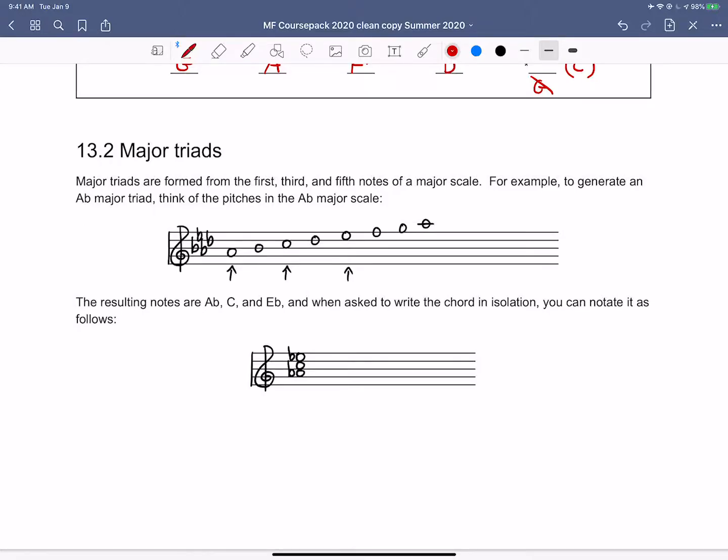Section 13.2, major triads. So we have 4 different types of triads to learn: major, minor, diminished, and augmented. And we're going to start with the most popular, which is the major triad. So to construct a major triad, what you do is you select the first, third, and fifth notes of a